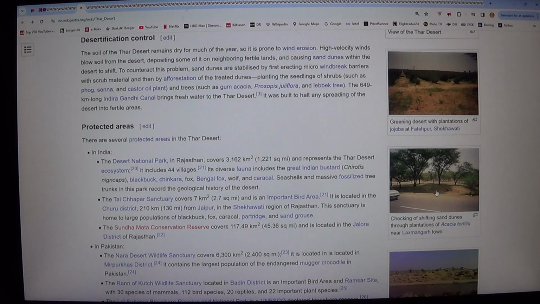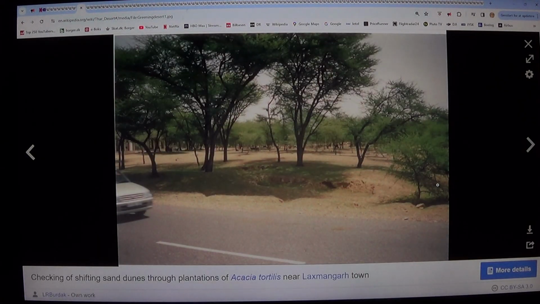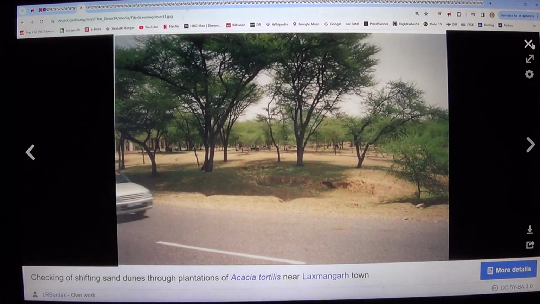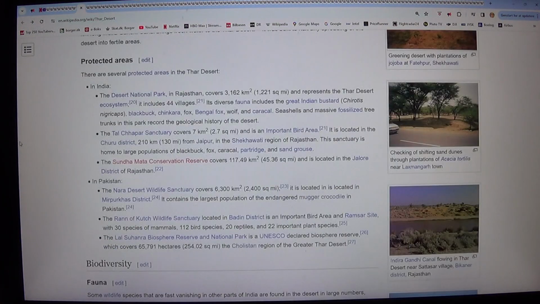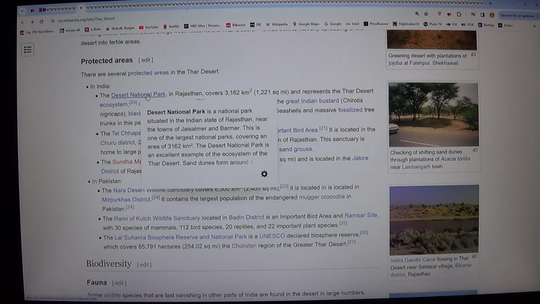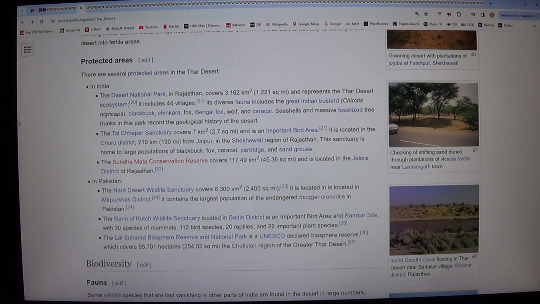Protected areas. There are several protected areas in the Thar Desert. In India: 1. The Desert National Park, in Rajasthan, covers 3,162 square kilometers, 1,221 square mi, and represents the Thar Desert ecosystem.